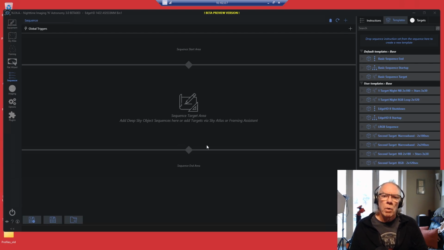So one thing I wanted to be able to do is, oftentimes there'll be a target I'm interested in, but it's not available for the whole night. I generally shoot anything above an altitude of 30 degrees. So maybe I start shooting the target in the beginning of the night, but maybe around 1 o'clock in the morning, that target drops below the 30-degree altitude.